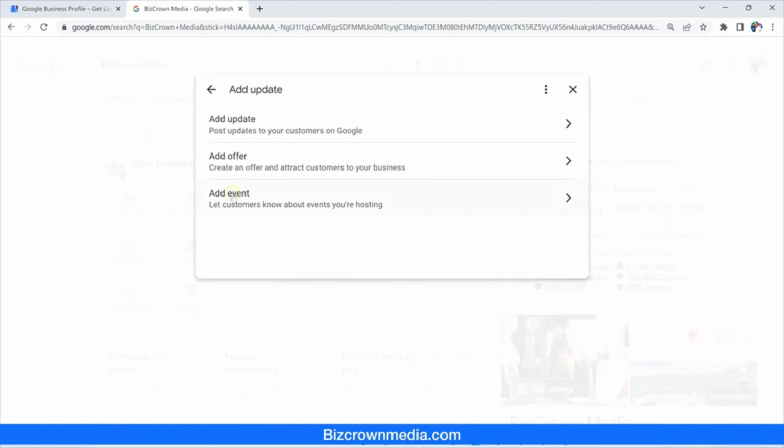Once you click Add Update, what is cool is you have 3 types of posts that you can add here, right? One is Add Update, post updates to your customers on Google, which shows up there. Add Offer, create an offer and attract customers to your business, which is pretty cool. And then you can also add an event right here. These are the 3 updates that you can add. So what we're going to do, though, is create a post